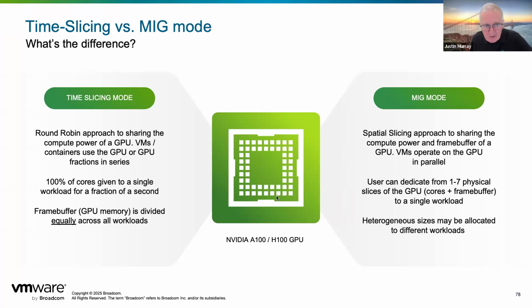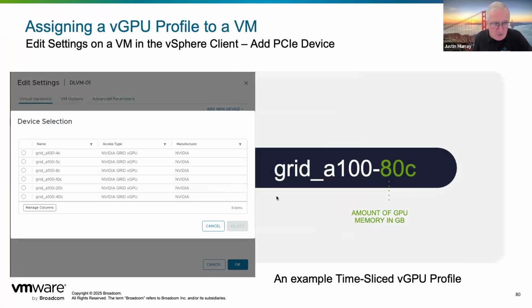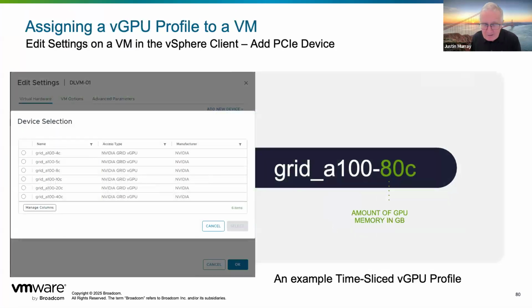These two are NVIDIA technologies that we expose to you using something called a virtual GPU profile. These are virtual GPU profiles that are seen in the vSphere client, and the virtual GPU profile identifies the type of GPU that's been found in the hardware. These are automatically discovered, and they're fixed, by the way. And this GPU profile says, take all of that 80 gigabyte GPU and dedicate it to the VM that I'm giving this vGPU profile to. So the entire GPU is allocated from that A100.